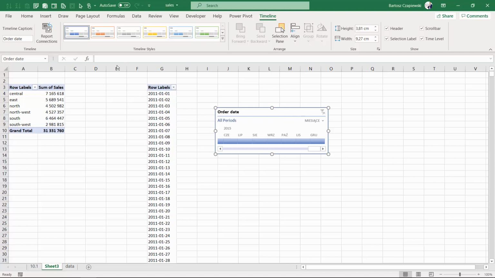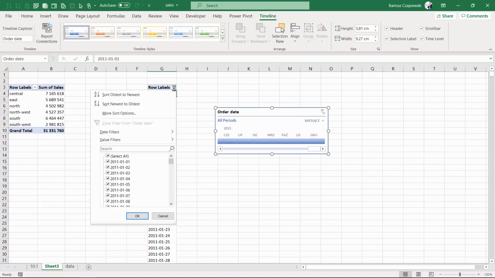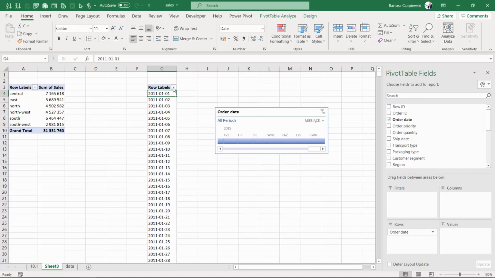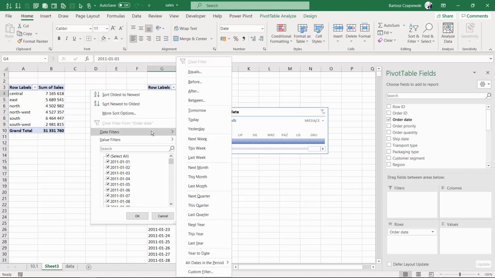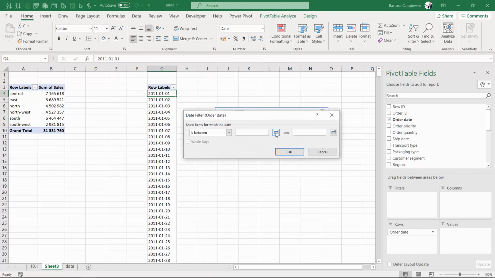Right now we can once again hide the slicer, although I will do it in a second, because it's better first to test the whole solution. And we need to teach the end user to go for the date filter and pick just the between option, and then we can easily select the start date, like for example